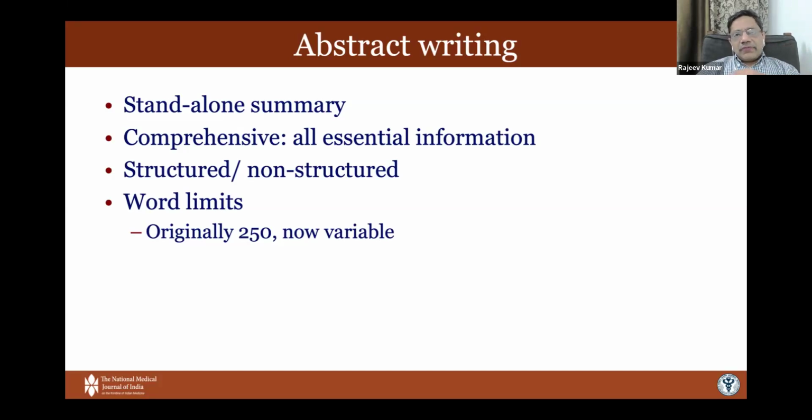The word limit when we began writing was 250. This concept of 250 came from the limits that existed in the National Library of Medicine online formats about 25, 30 years ago, when the internet had just started and there was a limit to how much could be put into one field. So that's where the abstract word limits came from. We've continued to follow it over all the years. So still most journals will ask for a 250 word abstract, but it is still more variable today than it was in the past.